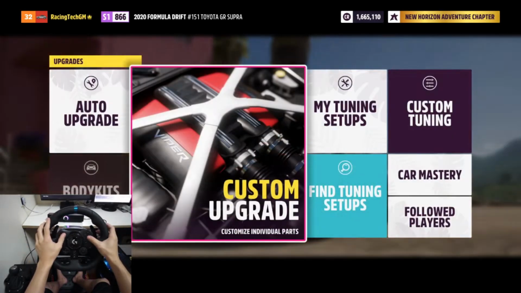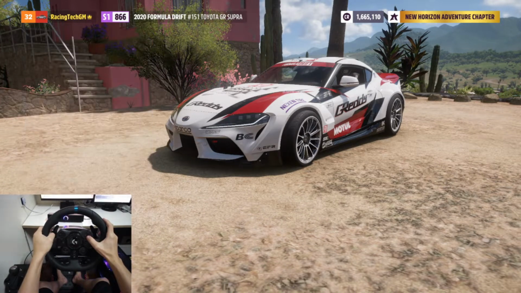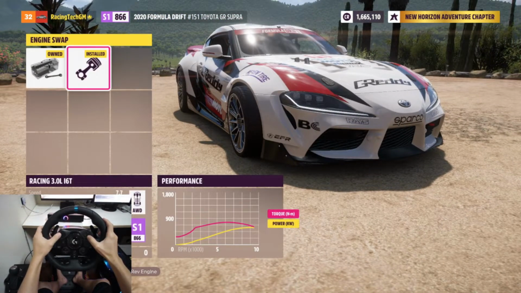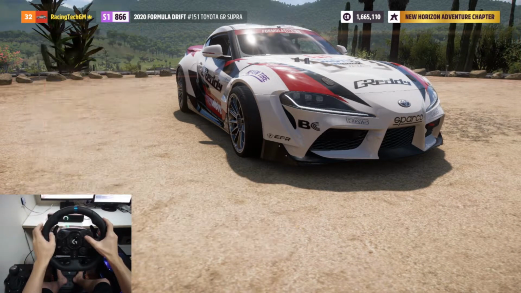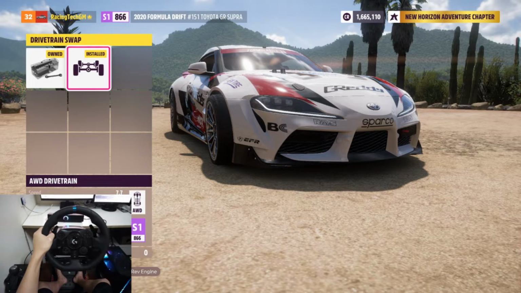So let's have a look at the setting. First you need to go to custom upgrade and go to conversion. Conversion engine swap, and then just buy the racing 3 liter 16T. For the drivetrain swap, change to AWD drivetrain, meaning all-wheel drive. The reason I want to use all-wheel drive is it's easier to control for drift, especially for a newbie like me. All-wheel drive is a better choice as a start. And I'm also using automatic transmission for drifting. Later I will show you guys